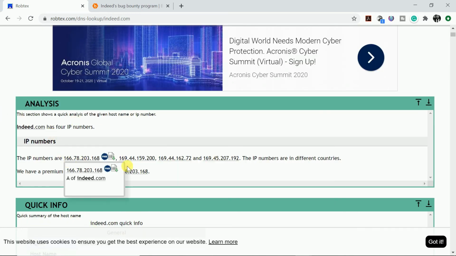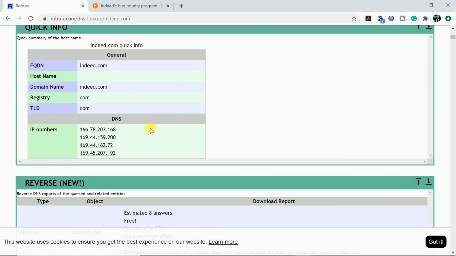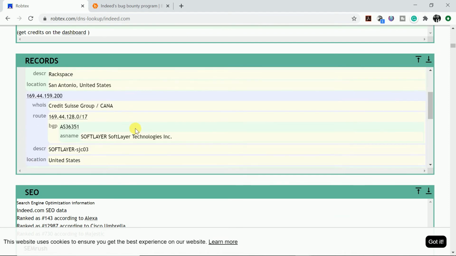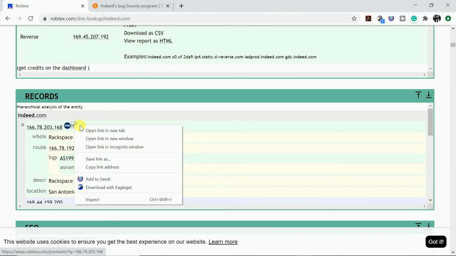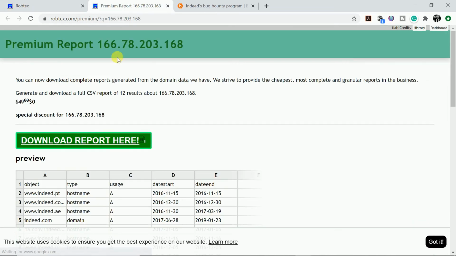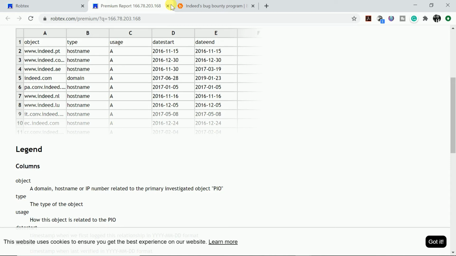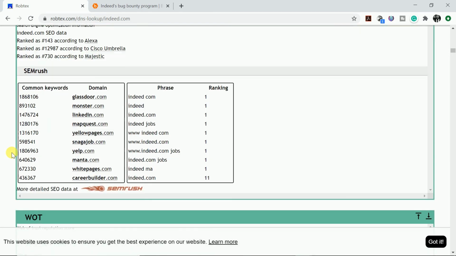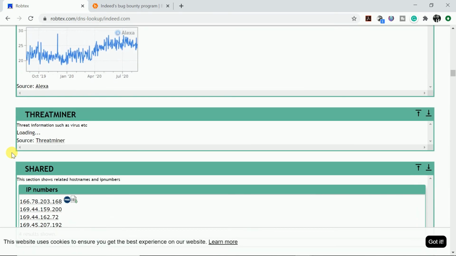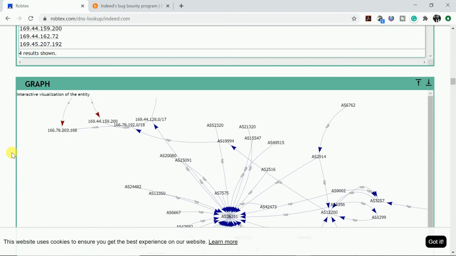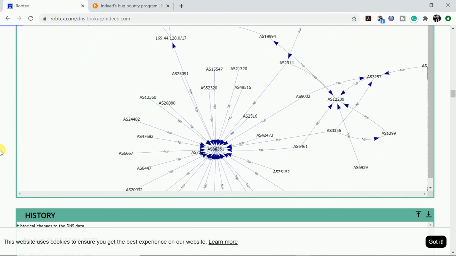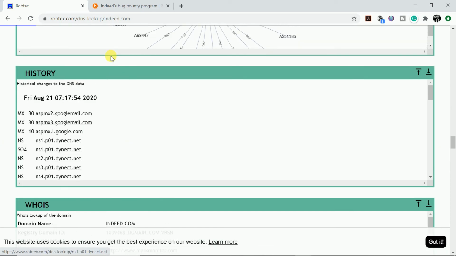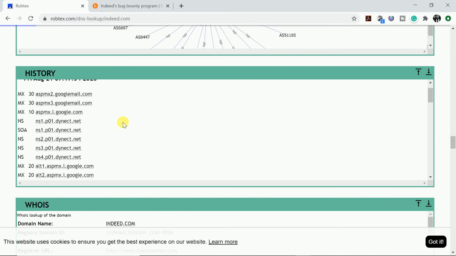Again we have the IP numbers and then the NS records, then some reverse IP addresses. Let it open. Again some A records. We're not going to look at the A records again, because we already have the idea about that. Let's look for some other record details if they're available here. So again the graph for Indeed.com, and here we can see this information, as I was telling you.